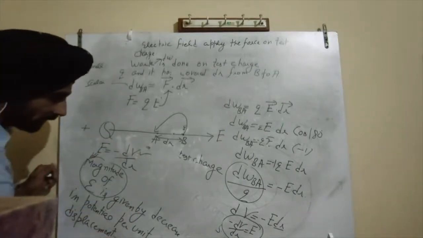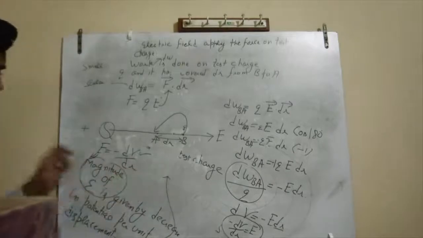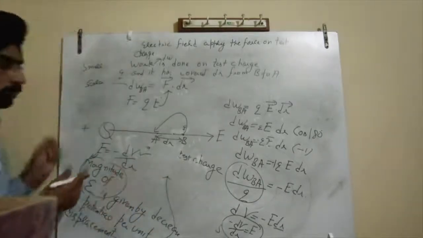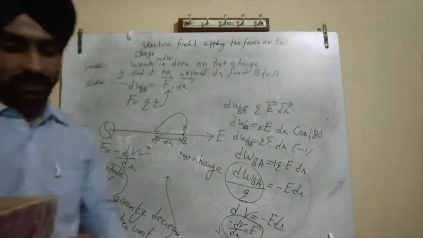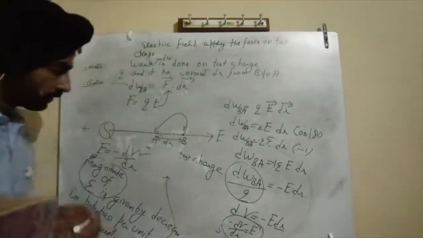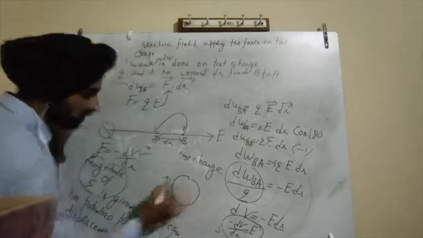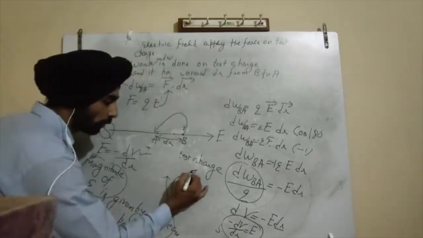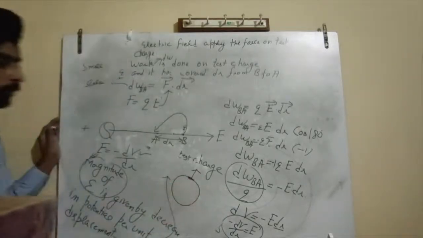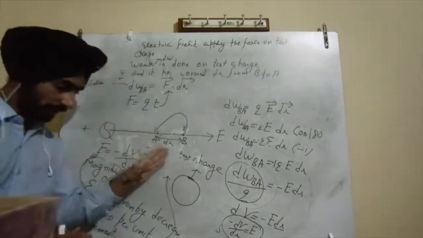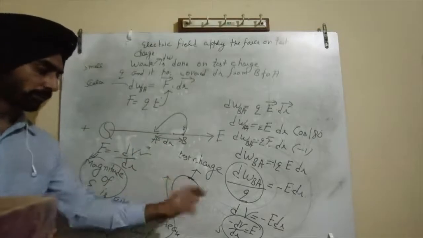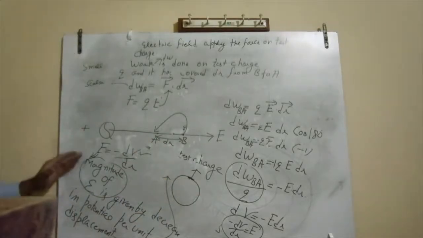And what is the direction of E? So E will have a direction. If this is an equipotential surface, E is normal to the surface of the equipotential surface. So remember this direction of E, it is normal to the equipotential surface. So this equation is giving the second information about the magnitude of E.